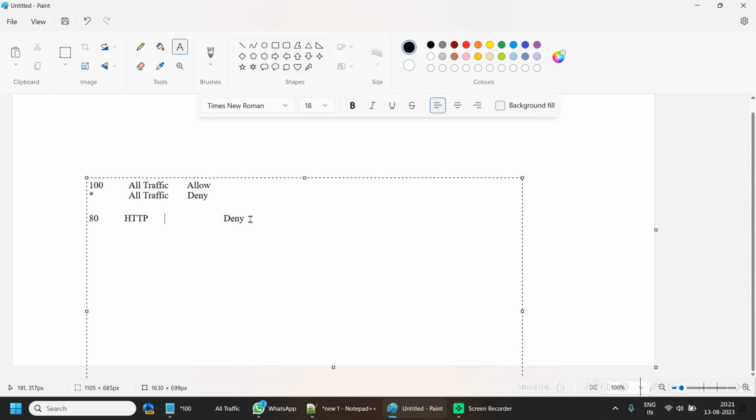So it automatically stops and denies the HTTP traffic. In this case, we were not able to access the web page. So after this, what we did, we changed this 80 number to 180. 180 HTTP denied. So then what the NACL engine was doing, it was evaluating from here with the lowest number, which